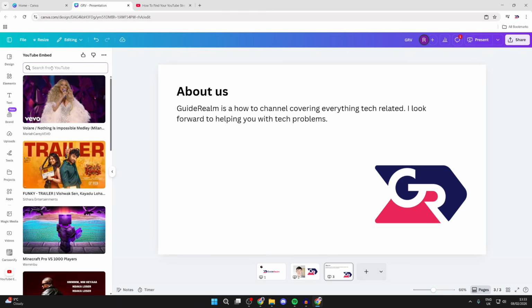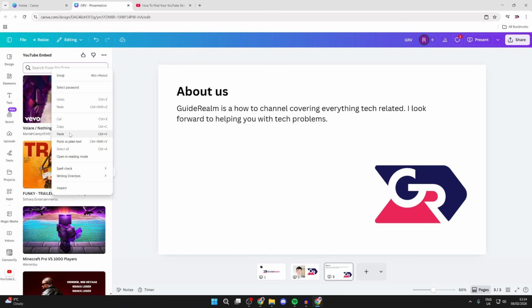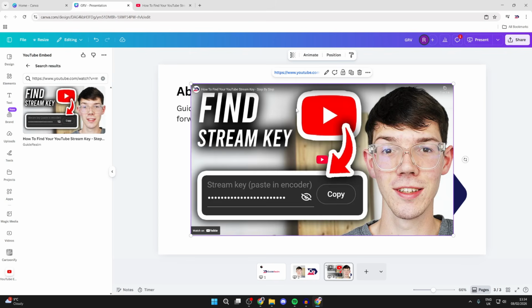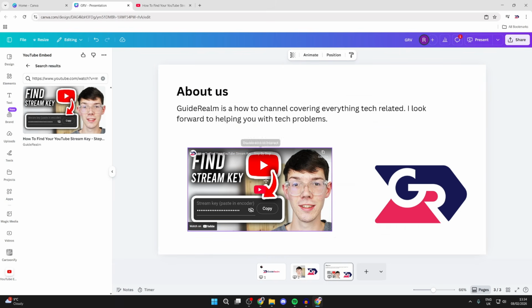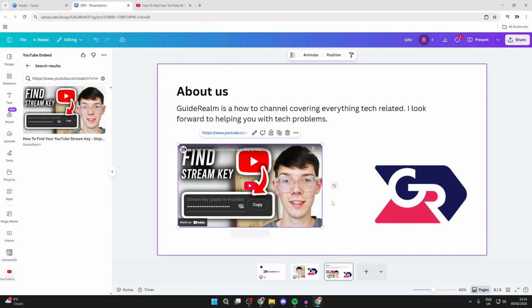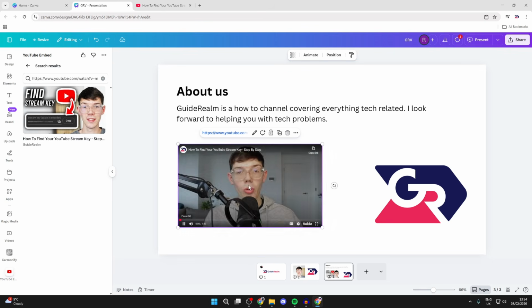So I could search for GuideRealm, but because we've got the link, we can right click and press paste. Then you can press enter and it should then find it. Click on it and it'll then add it in. And what you can then do is resize it once again with the corner points and click, hold and drag and position it to where you want it to be. And then you can double click on it and you can press the play button and it will start